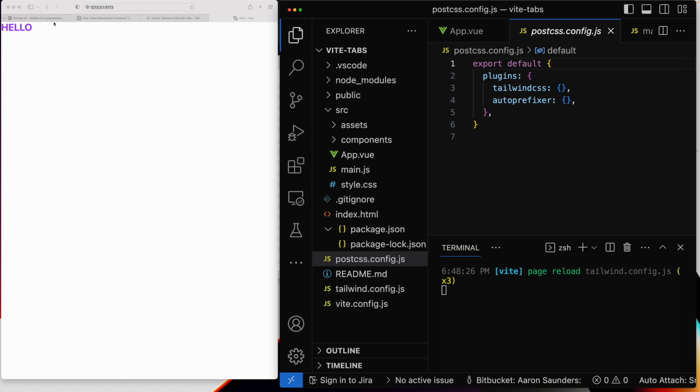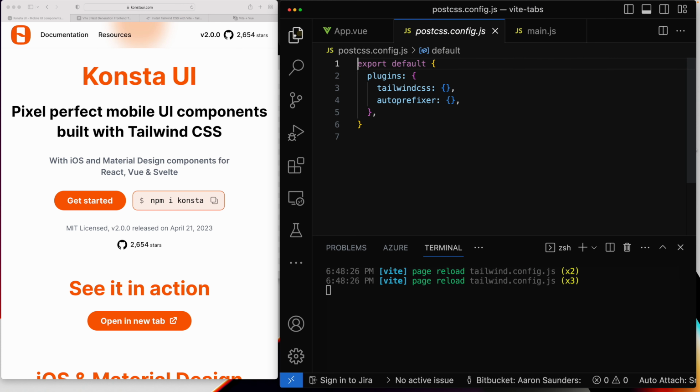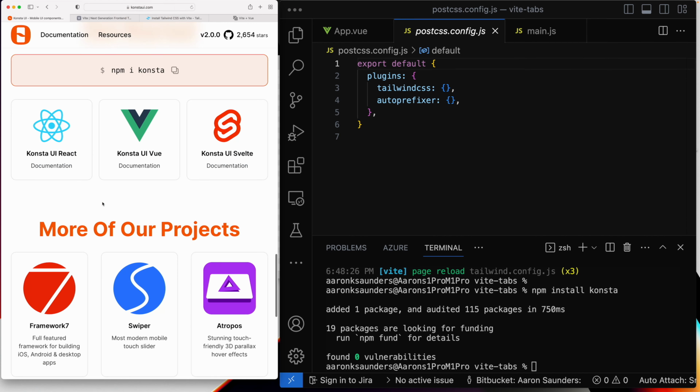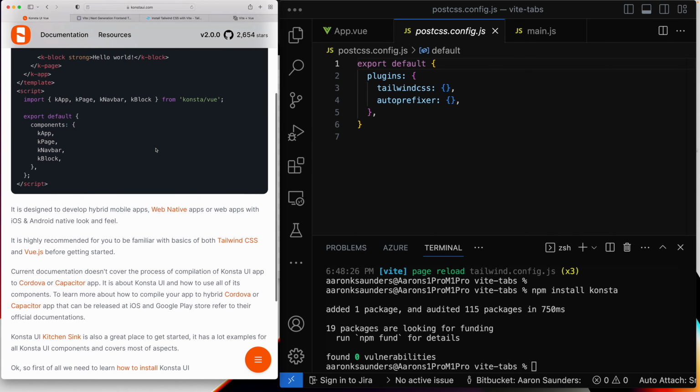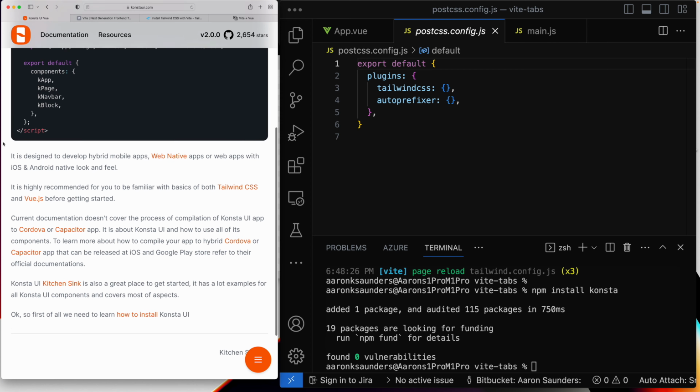So now the next step is, let's go back to Konsta UI, and we need to install Konsta. So let's just use the terminal that we have here. So I will stop this, stop my terminal, and I'll do npm install Konsta. And then let's make sure we get to the right one because we want Konsta Vue. I already did the installation, and so I should be able to start to set this project up to use